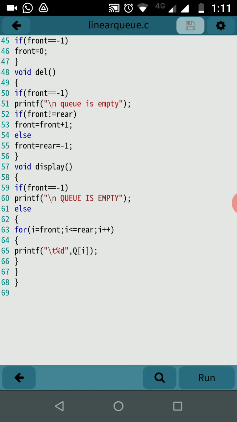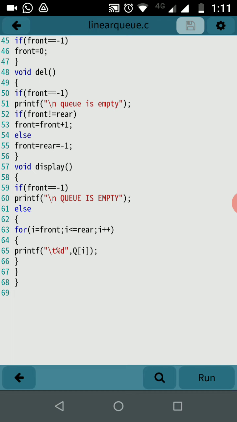Basically what happens here, we have to first check for the delete operation. Just concentrate on the delete operation. What we have to do is first check whether the queue is empty or not. If the queue is empty, then we cannot perform the delete operation. Okay. After that there are two conditions that we want to delete the element. Now we can delete the element, but the deletion of an element requires that